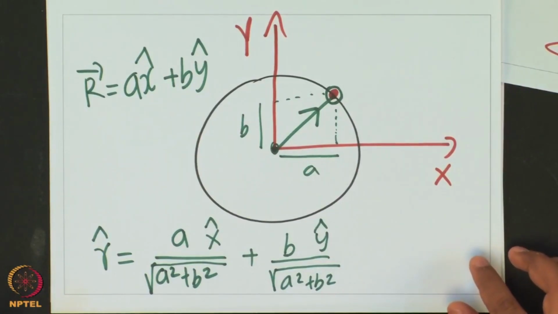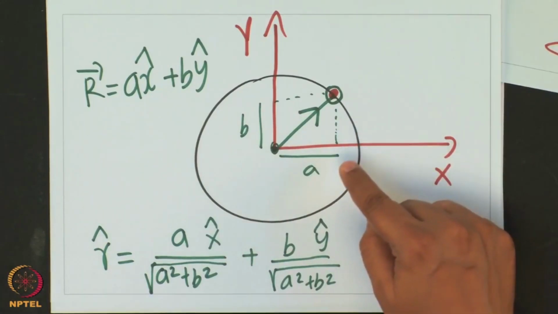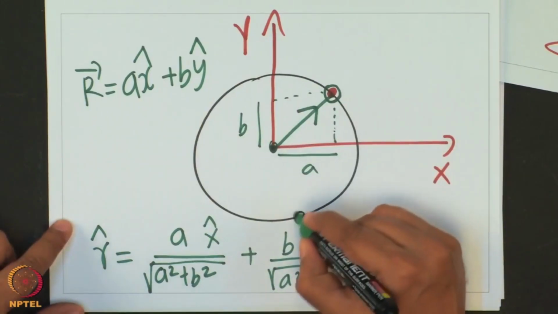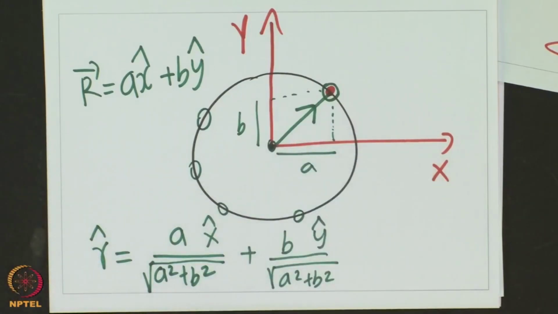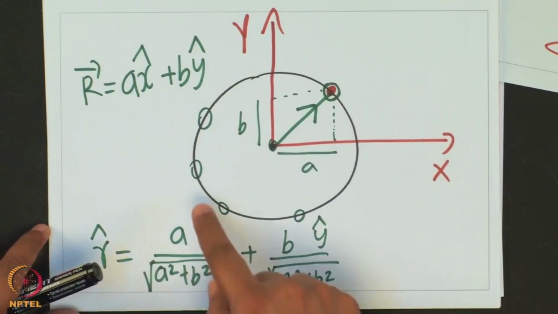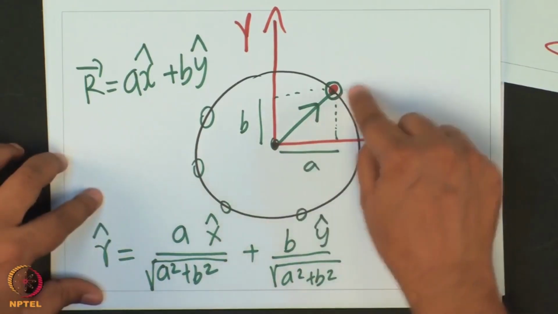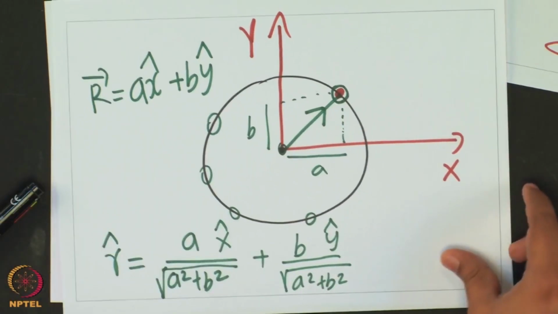Now, if you want to represent something on the circle, like any point here, since this is a circle, any point on the circle will be the distance square root of a square plus b square away from this, because square root of a square plus b square is the radius of the circle. So we know that if you have a circle, its radius is going to be the magnitude of this r vector. So what we have is a circle